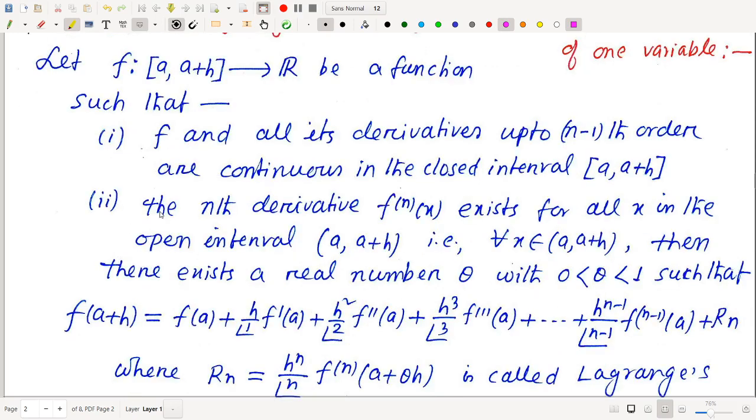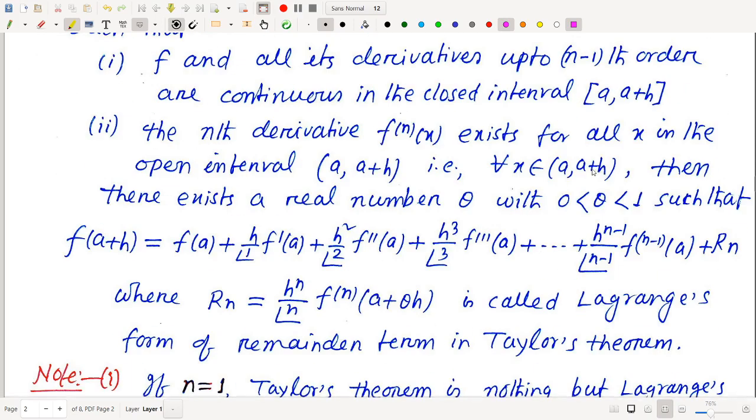And the second condition is the nth derivative f^n(x), nth derivative of this function exists for all x in the open interval (a, a plus h). That is, for all x belongs to (a, a plus h). Means what? a less than x, less than a plus h. x is strictly between a and a plus h. Derivative exists, nth derivative. Then there exists a real number theta with this range 0 less than theta less than